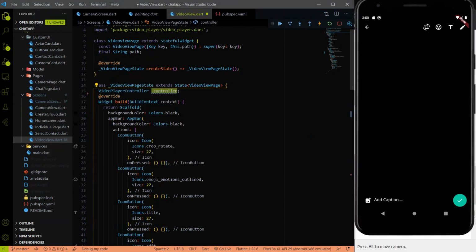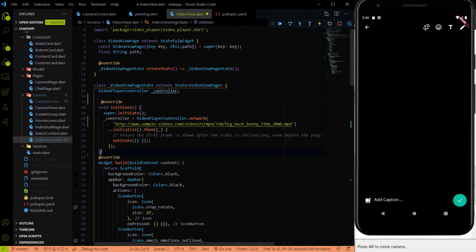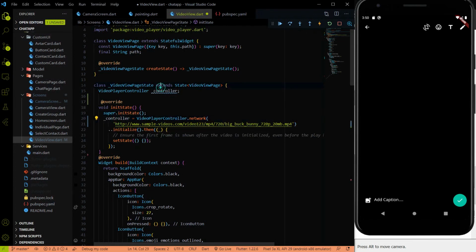Okay, so let me paste it, and here in init state we are initializing the controller. So we are initializing this variable which we created, and with the help of VideoPlayerController.network, we are not going to use VideoPlayerController.network.